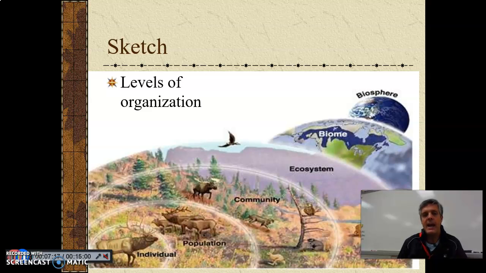If you're simply studying how zebras interact with gazelles and lions on the African plains, you're talking about studying living organisms, different living species and populations. But you'll notice I didn't mention anything to do with non-living. I said, how do the zebras interact with the gazelles and the lions? So all three are living. That's at the community level, okay? So you might be an ecologist that studies on the community level. If you include the living and the non-living in an ecosystem, then you're at that level, okay? So basically, these are just different levels that ecologists might study at, okay?